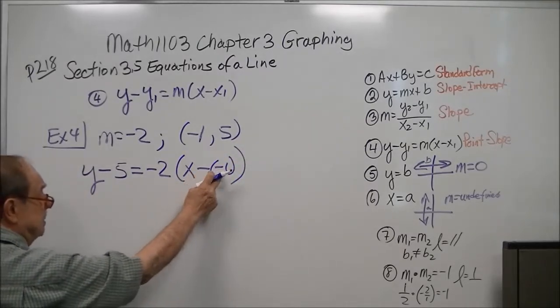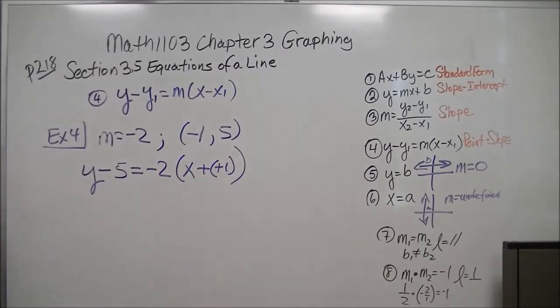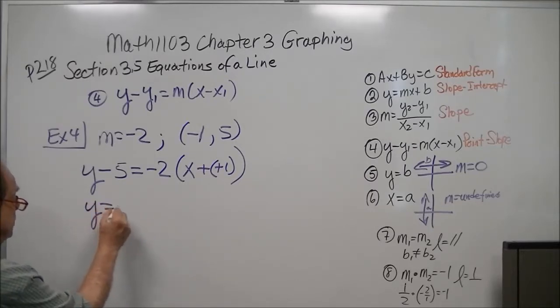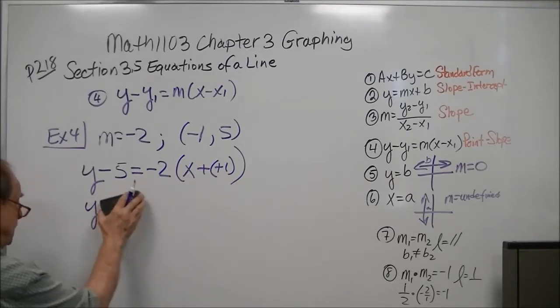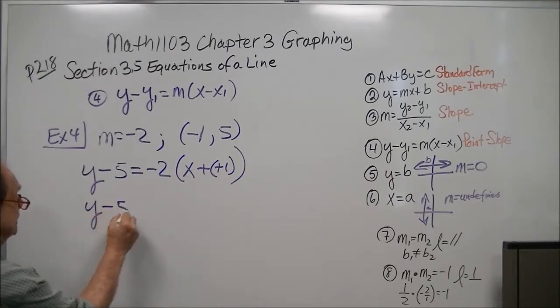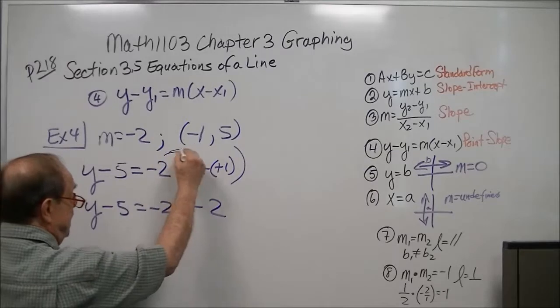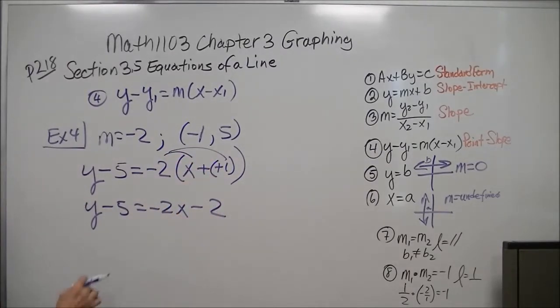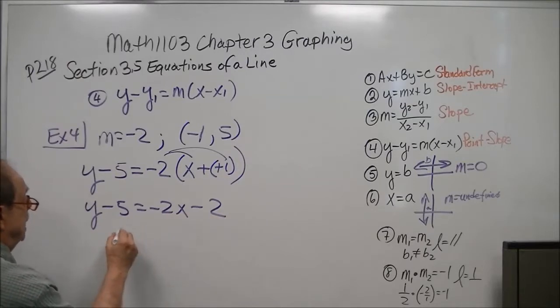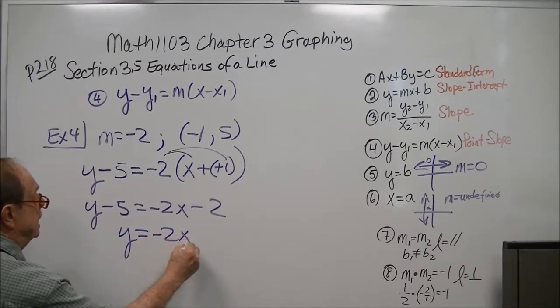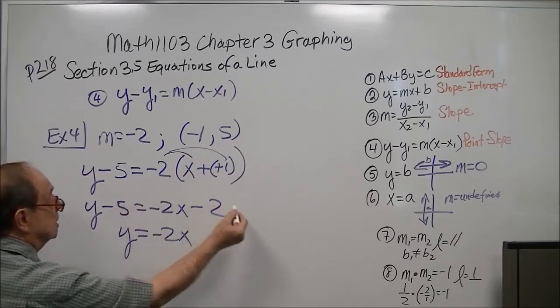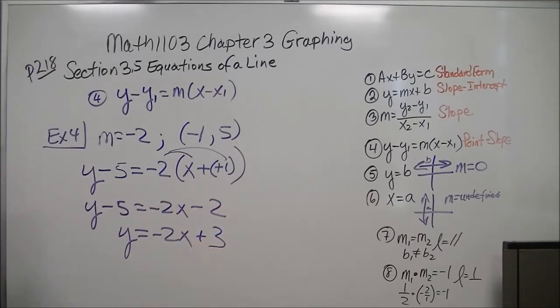So here, minus a -1 will make this a +1. So that's the little tricky part. You got to be careful about that. So we clear the parentheses. Y minus 5 equals -2x minus 2. Just distribute that. Get rid of that parentheses. Now we bring this term over, and we get y equals -2x, and this then becomes a +5, so that'll be a +3. Now there's our slope-intercept form,